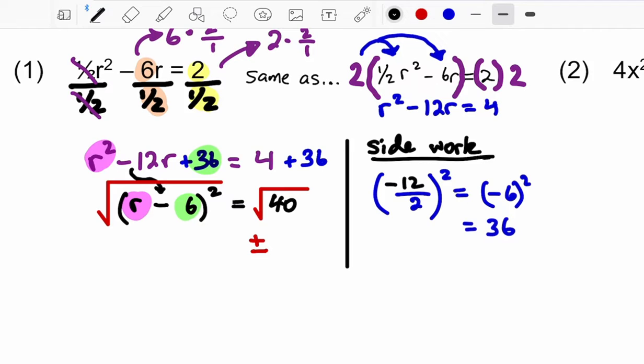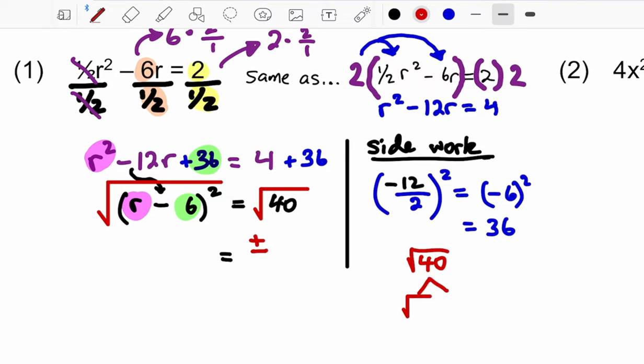40 is not a perfect square, so back to our side workstation over here. We're going to break that down using a tree diagram, or if you could do it in your head, even better. But we're going to break it down into a product of two numbers, one of which is a perfect square. So if you have to go to the table for that, go ahead. But if you're looking at a number that has a 4 in it somewhere, a good place to start would be a factor of 4. All right? So,